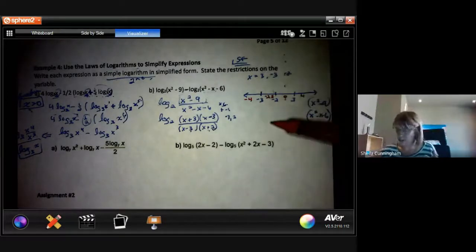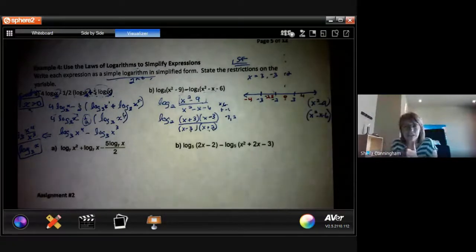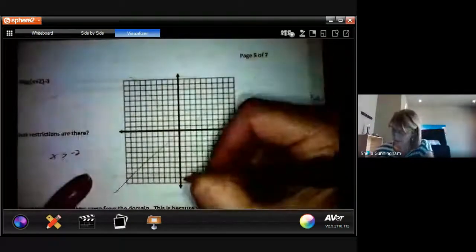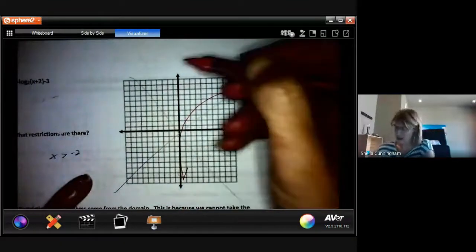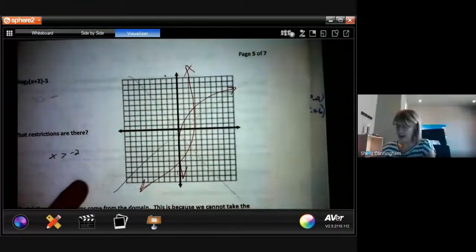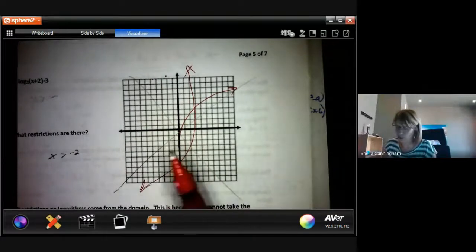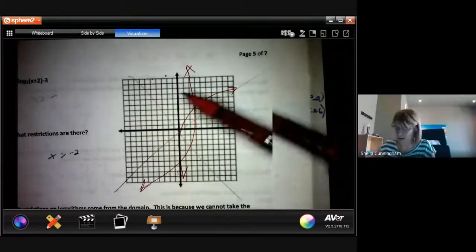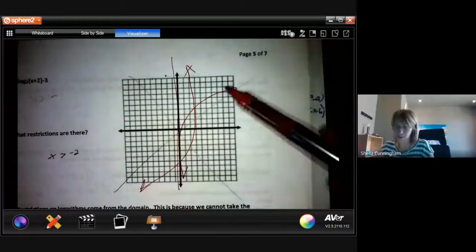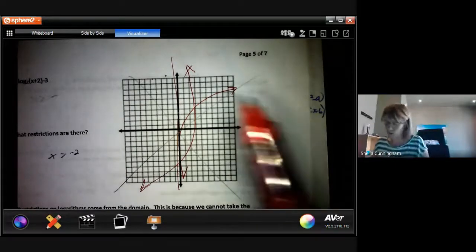Okay. So basically, this is becoming my little glorified coordinate plane. Because if you think about a logarithmic function, we're going to have these logarithmic functions that we graph, and we just need to know where we are allowed to be. Because here's the thing. I could have a graph that's doing this. I could have another graph that is doing this. And I need to know where my restrictions are. So this one only shows up on this side of my y-axis, but the other one doesn't. I need to find out where the boundary is where